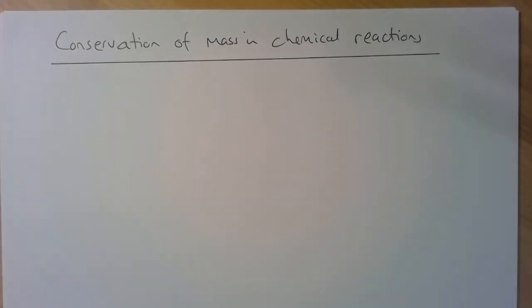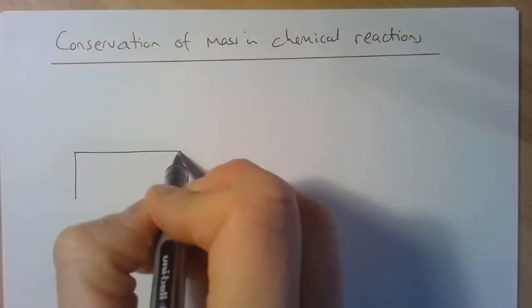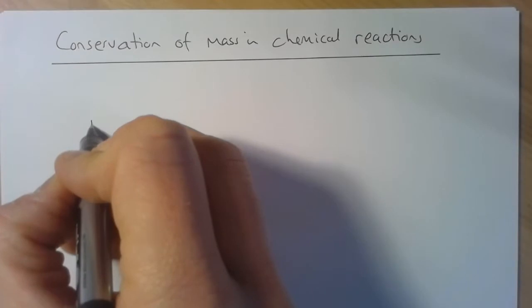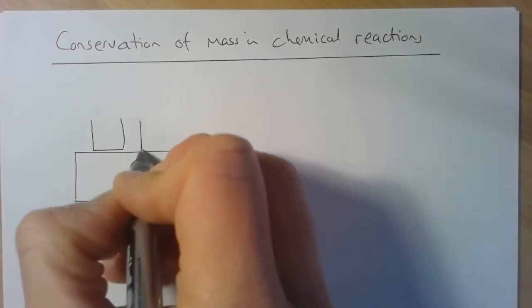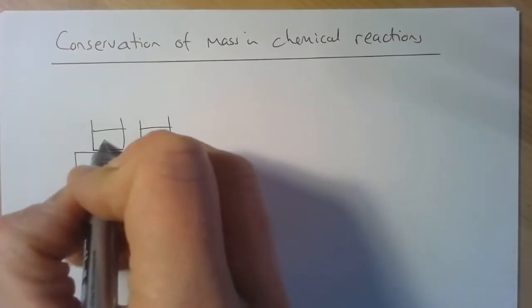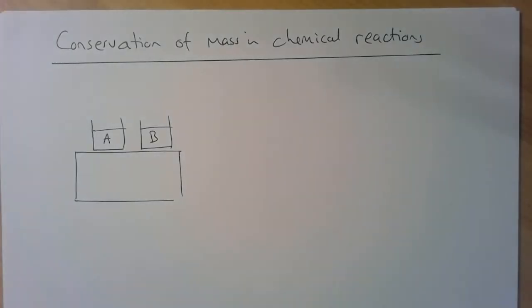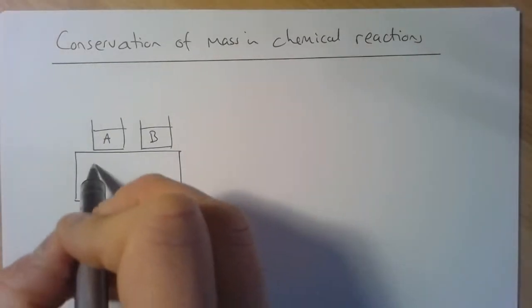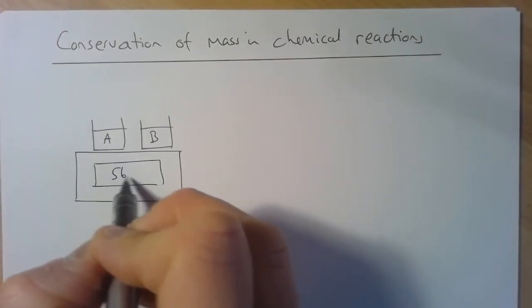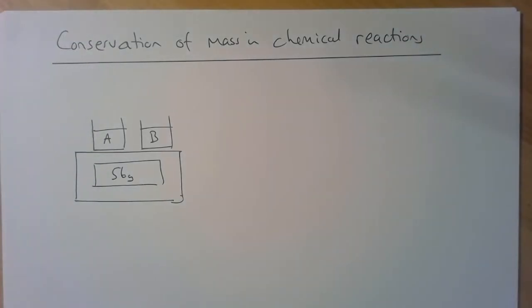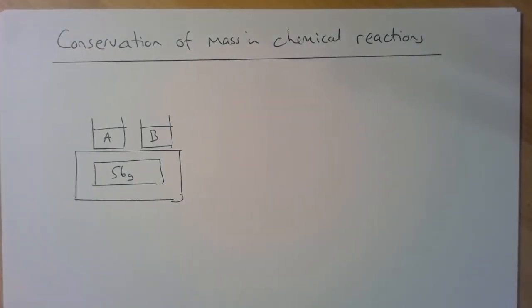Okay, I'm going to look today at conservation of mass in chemical reactions. The easiest way for us to explain this is to say, let's imagine we had a balance, and on top of that balance, we put two reactants. We're just going to call them A and B. And if we put them both on the balance, and let's say together they had a mass of 56 grams,